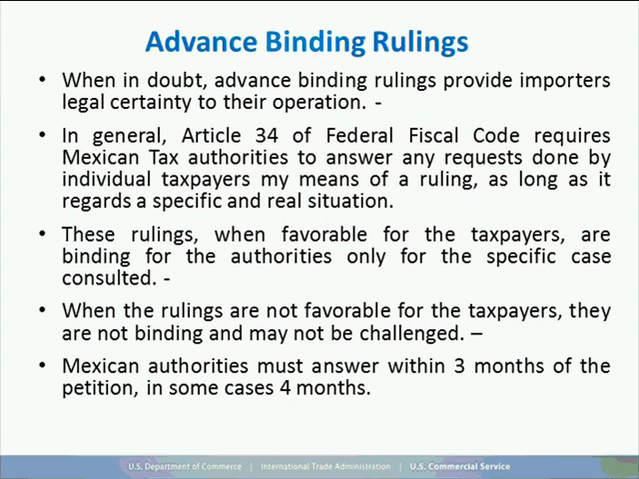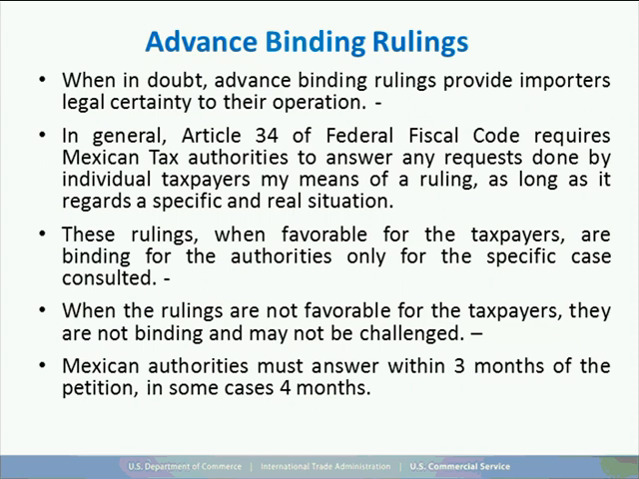So if you have a specific question about a real import that will be made, the Mexican tax authorities are obligated to answer. These rulings, when favorable for the taxpayers, are binding for them only for the specific case that is consulted. It may not be applied to similar cases, and for each, if the case is similar, a separate filing must be made. When the rulings are not favorable for the taxpayers, they are not binding for them and